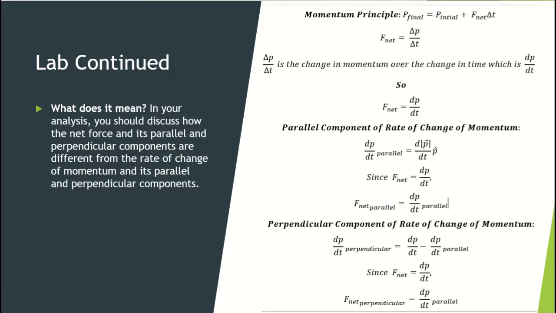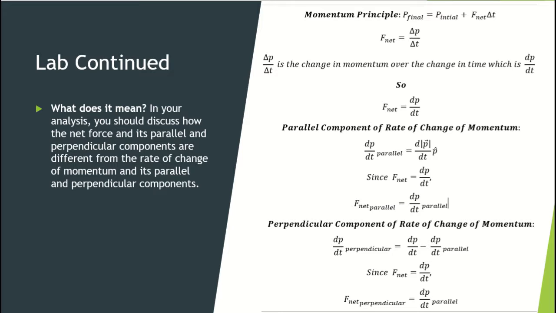To answer the question, the net force and its components are equal to the rate of change of momentum and its components. This can be seen by looking at the momentum principle, in which the net force is equal to the change in momentum over the change in time, which is the rate of change of momentum. However, although the values are the same, they let me look at the situation in different ways. The net force is the total pushes and pulls on the system, while the momentum is the amount of motion